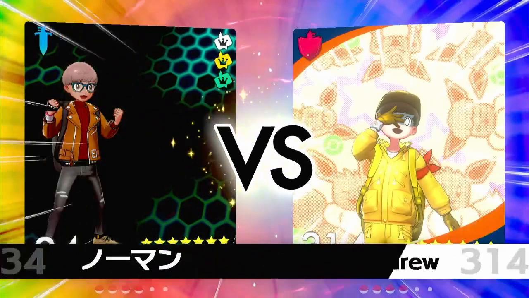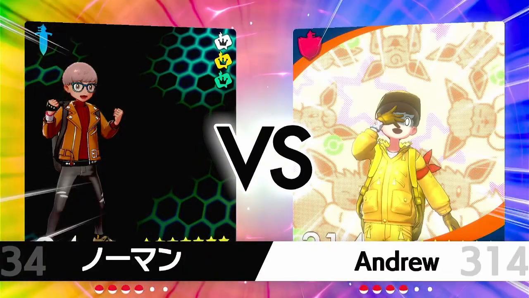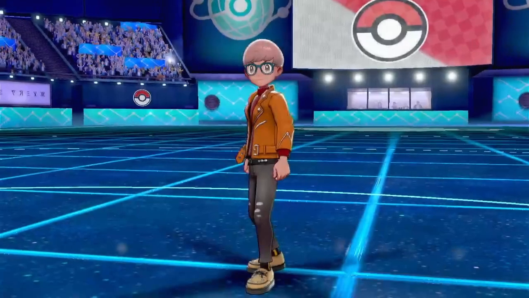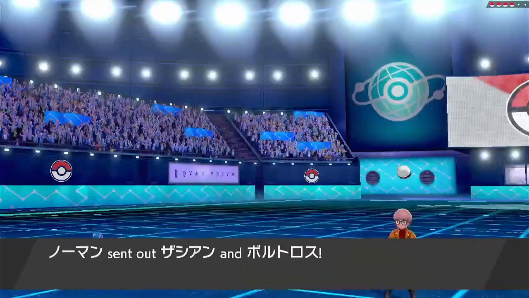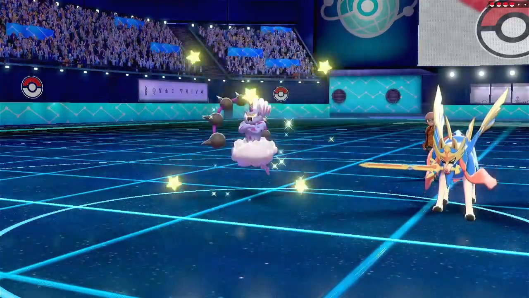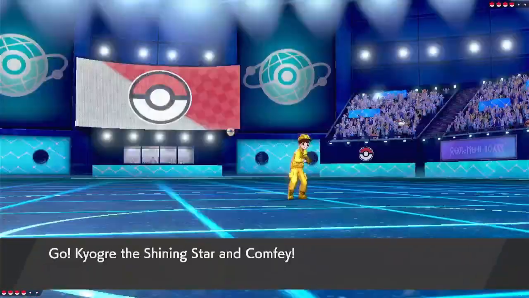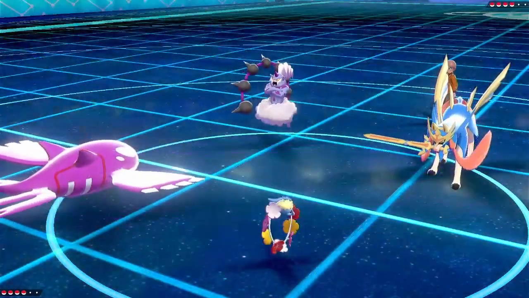Alright. Let's see. Obviously, Zacian and Calyrex Shadow both hit for a lot of damage into our Calyrex, but if we have Trick Room up, we don't really care, you know? What do you got? Okay. I mean, that's fair. Let me think. It'd be nice if I had a ground type to switch into, wouldn't it? But I don't. I wonder if they double Comfey here, or...